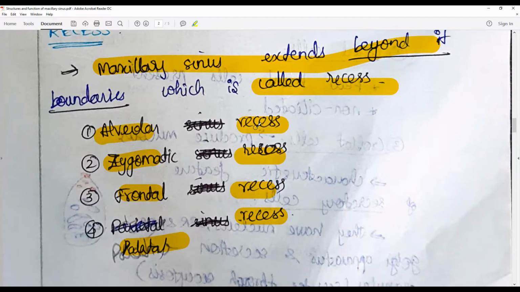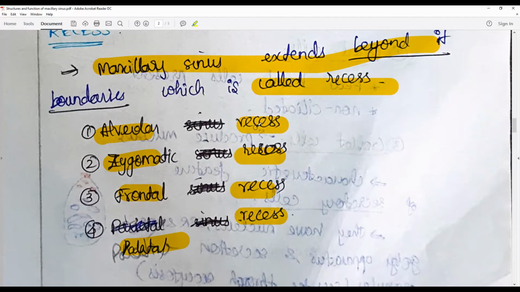When you extract or perform a procedure, the maxillary sinus will automatically be involved, or an oroantral fistula will be formed, and that will be pathological because it will introduce foreign material into the sinus. So adequate care has to be taken before extraction of long-rooted teeth such as the palatal root of maxillary molars, or